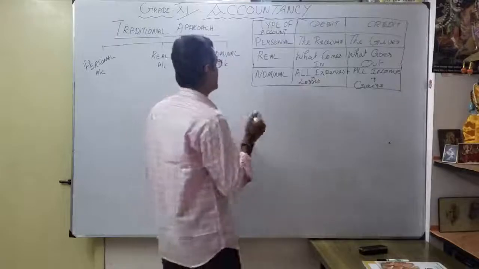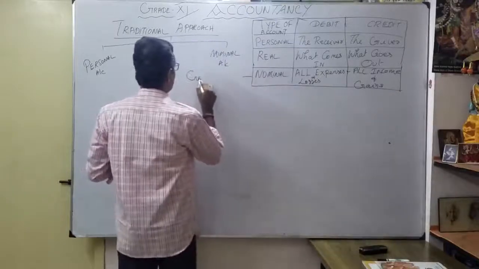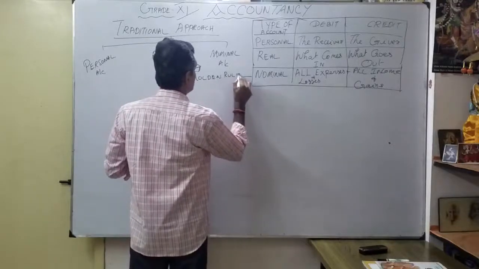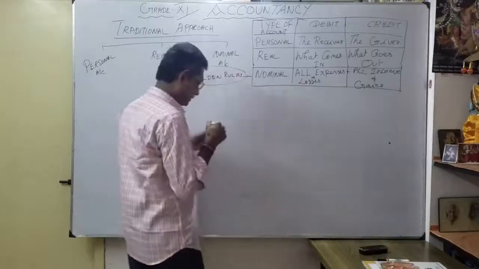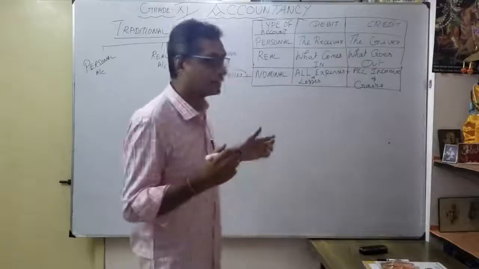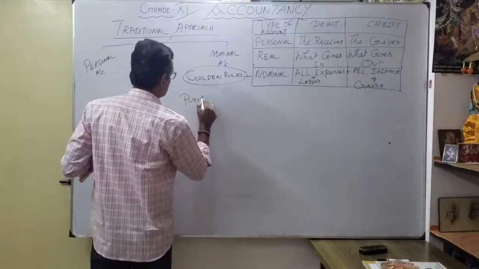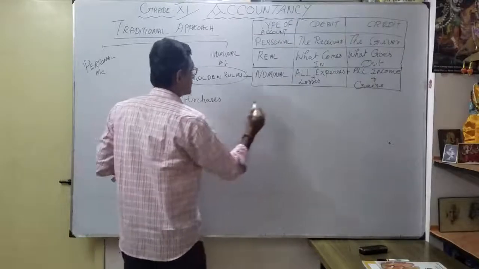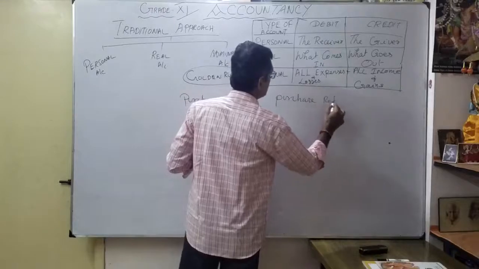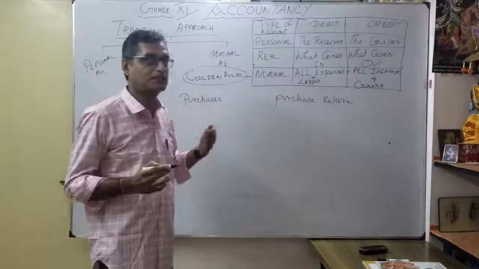These rules are called the golden rules. You have to keep them in mind, and they are very important. Based upon this only, I am going to form the journal entries. As we already discussed, take purchases and purchase return. How do we form the journal entry? I repeat once again for practice at a strong level.